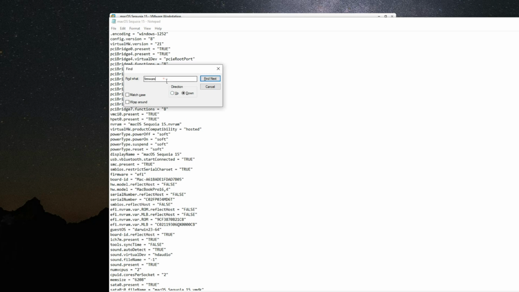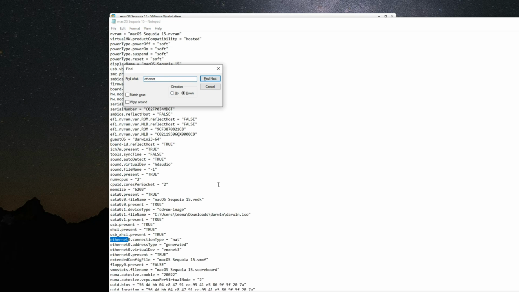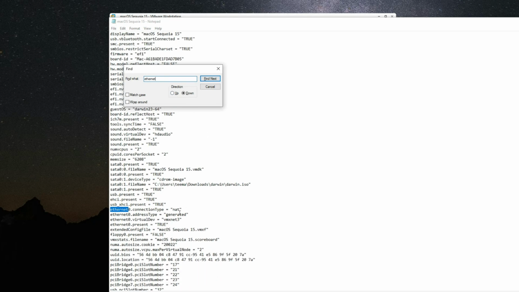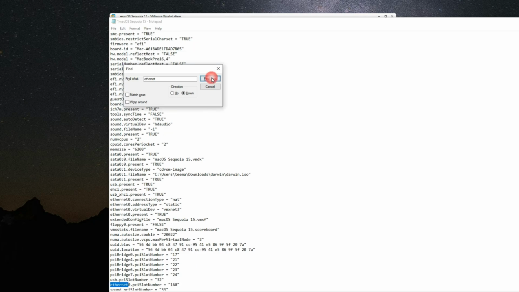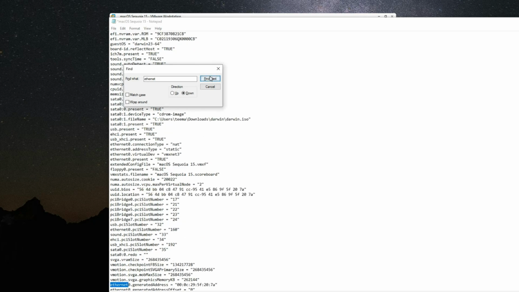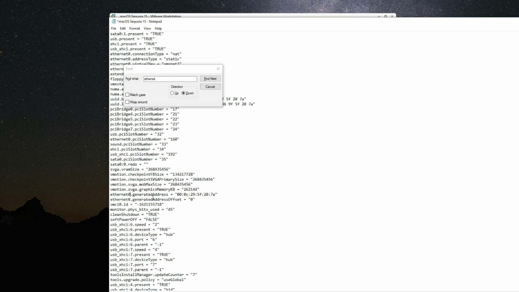Save. Next, search for Ethernet, and you can see Ethernet connection is set to NAT. Address type is set to generated. Change it from generated to static. Now let's go down again, find next, and you should see Ethernet generated address. Now change it from generatedAddress to just ethernet0.address. So we're just going to remove the generated text, and the value here we have to set it to an